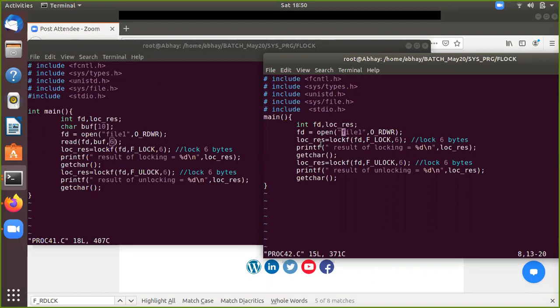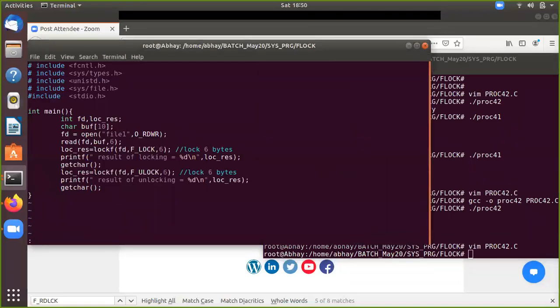Does that answer the question? Yeah. So if there is no overlapping, then successfully you will be able to lock. If the lock is successful, and after the lock it is reading, it cannot read beyond that. Whatever, the first program is locking from 7th, right? So the second program cannot go beyond 7. It cannot read until the first one is releasing the lock. Yes, correct, until it is unlocked. So that was his question.